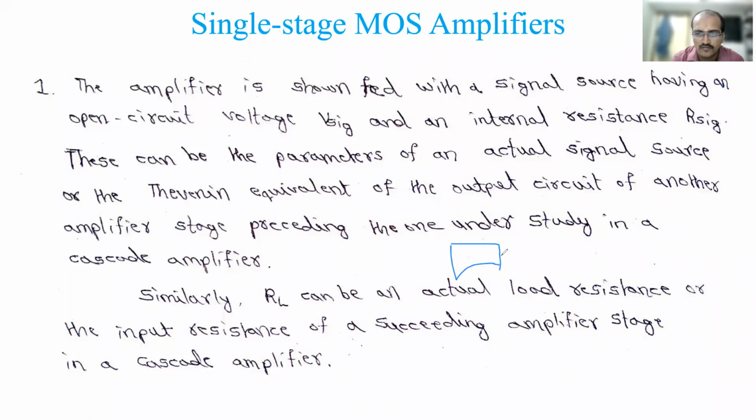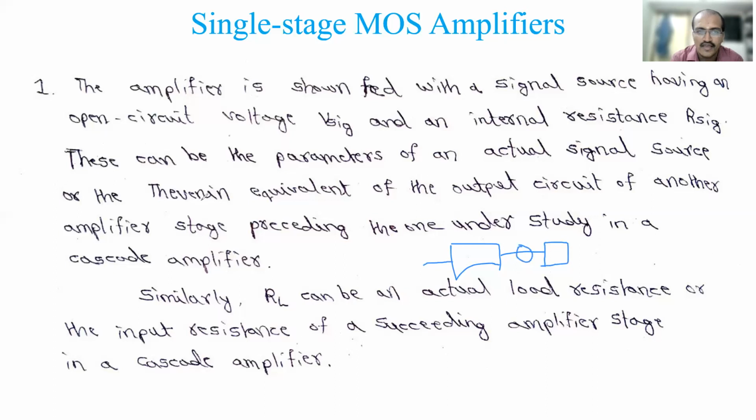So the output of this block will be given as input to another block. The same way, here in MOSFET amplifiers, this is the portion now. This may be the starting position. So this V signal and R signal may come over here, or it may come over here in between. Okay, so that is the meaning.